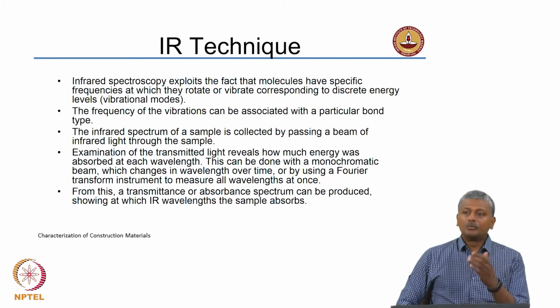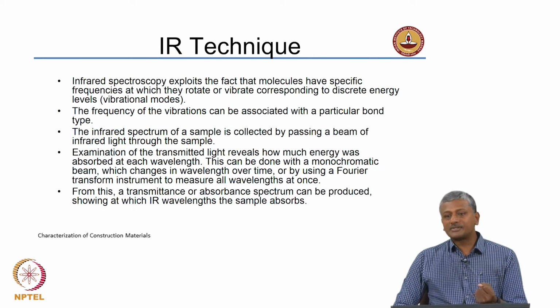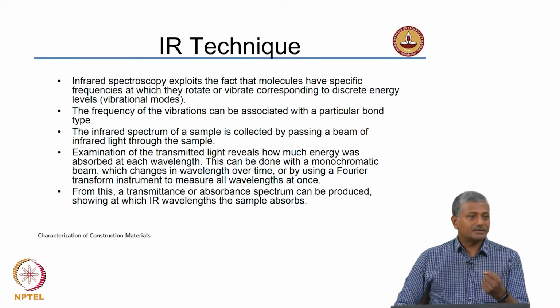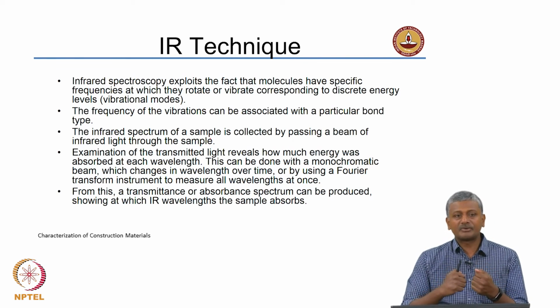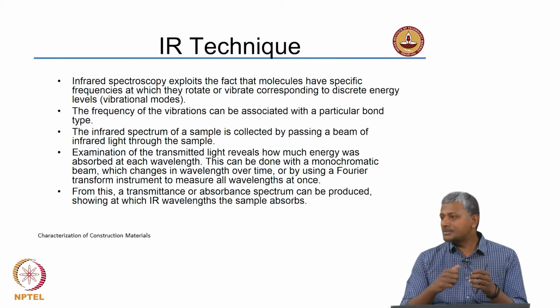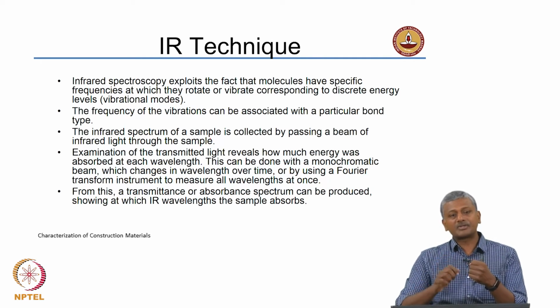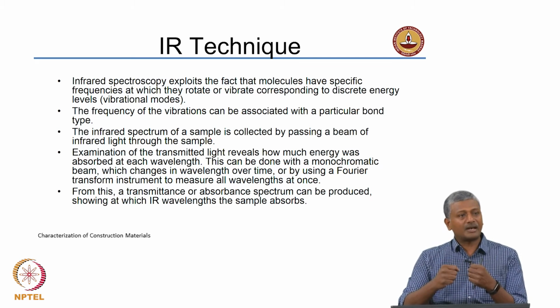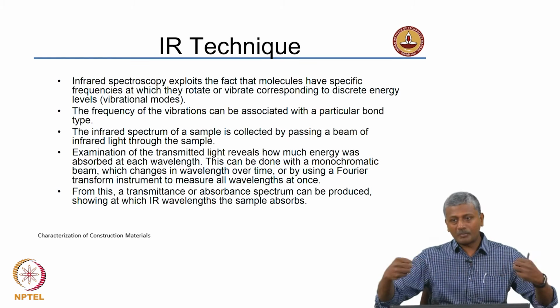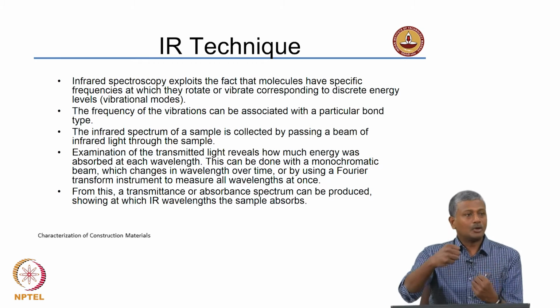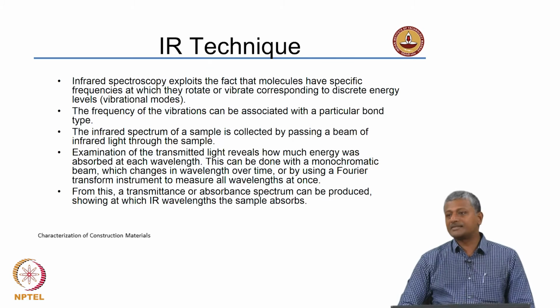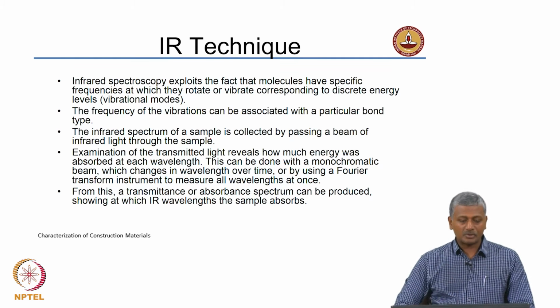So, what happens as a result of absorption of this infrared radiation is that polar molecules tend to start vibrating because of the different types of vibrations that may actually happen in the molecule. Since there is a charge imbalance, when you supply radiation to it, there are different kinds of things that may happen. The bond may start extending, or it may start bending or rotating. So, a lot of different things can happen to the bond because of this absorption of the radiation.